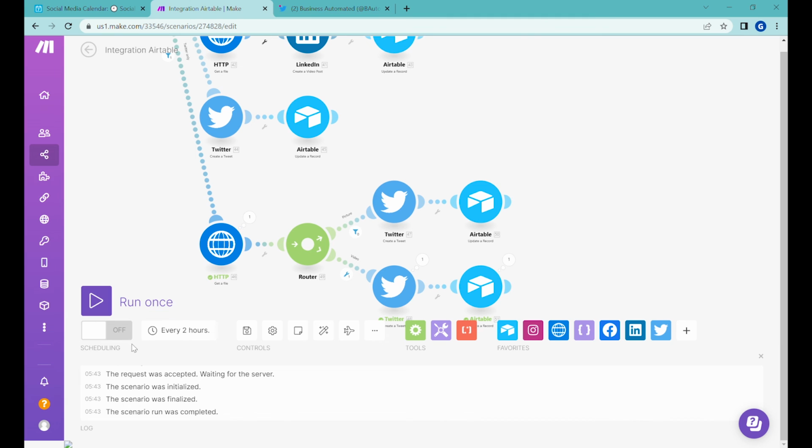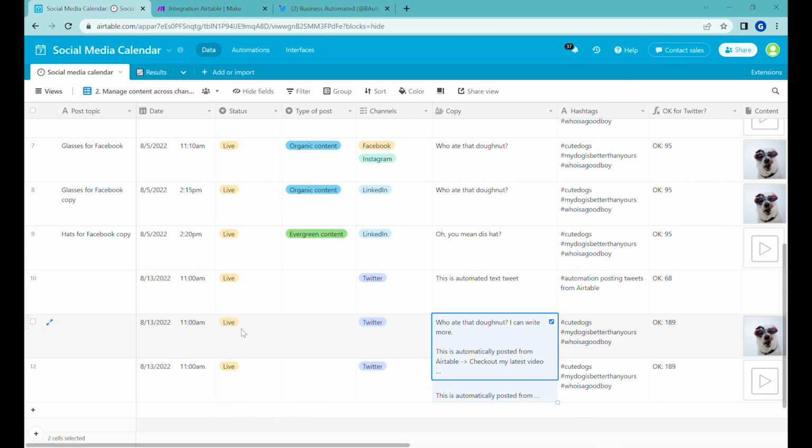All right, so the last stage is just turn on the scheduling, and you can set your social media calendar plan ahead and enjoy this being posted